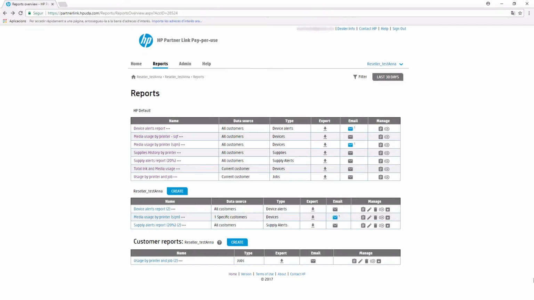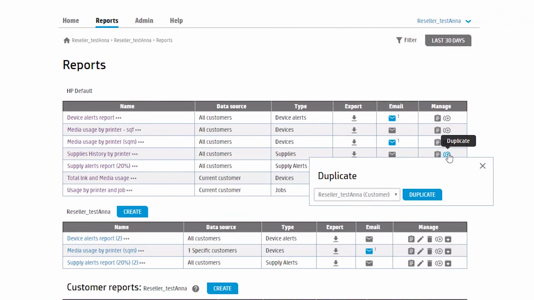You can also select one of the default reports and modify it to make it more suitable for your needs. To do this, you will need to first duplicate the report and then customize it. To duplicate the report, go to the default report that is most similar to the report you are looking to create and select Duplicate at the right side of the report.